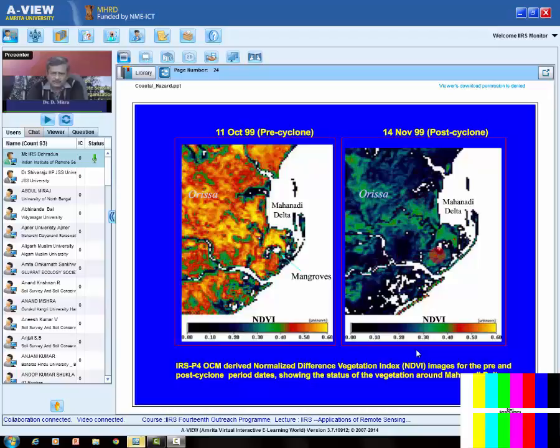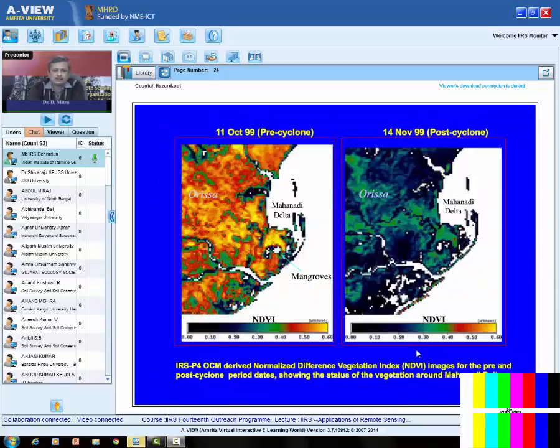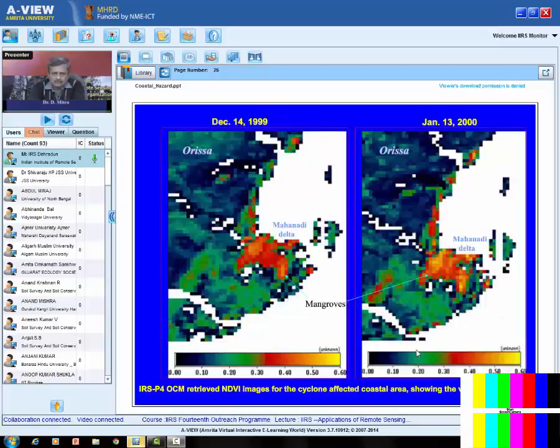But in the post cyclone image, you can see there are hardly any pixels having red or yellow color. Almost all are green or blackish. So in almost the entire area, the condition of the vegetation has become very poor. This image was 11th October, this is the 14th November. Then when I acquire an image of the same area on December 14th and January 13th,